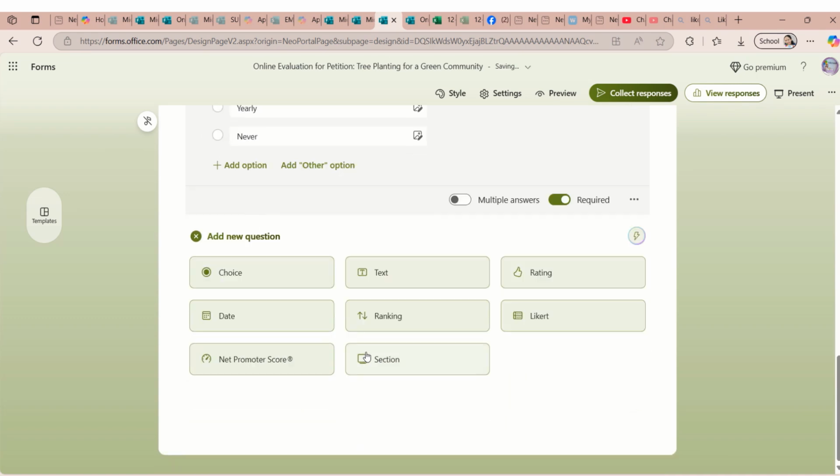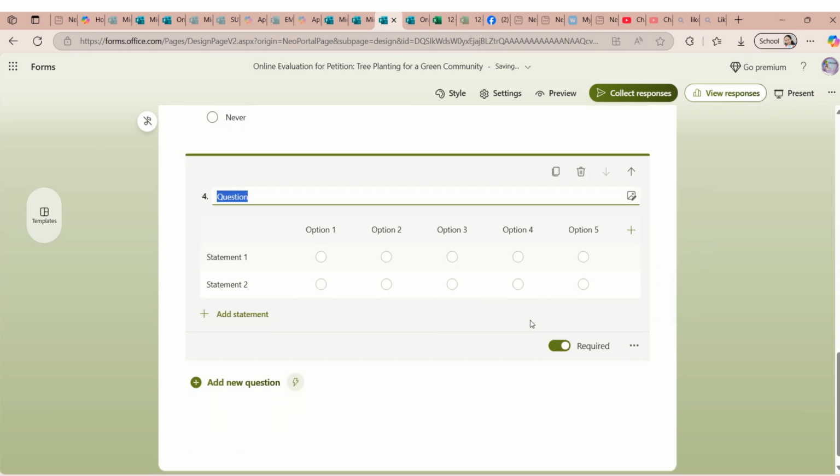For the next question, if you're going to choose the Likert scale, add the questions here. What can you say about the image in the petition?